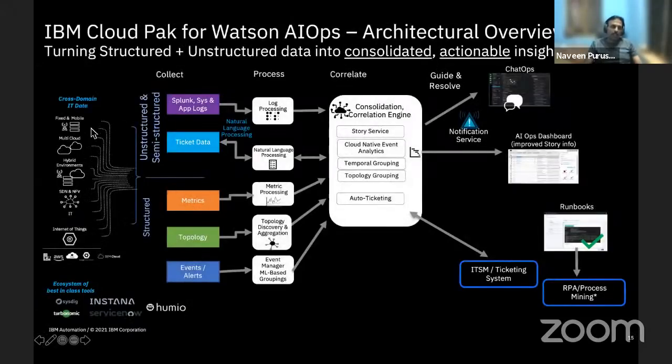On the left-hand side, you can see several types of targets are monitored and we are getting events. And you can see various boxes here in the collect vertical, like log collection, ticket data, metrics, topology. So you will see in the market, there are some specialized tools. They focus in some of the boxes specifically here, and they do an extremely good job. And every product vendor is bringing AI capability into their tool. So it is not always necessary that into a central AI system, you have to blindly ingest all the raw logs, for example,